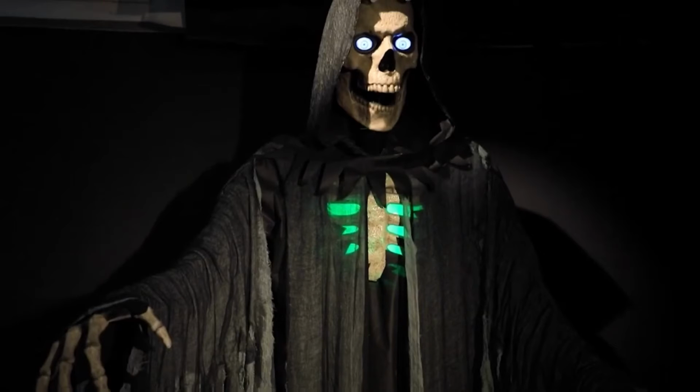So the next one is the Soothsayer. For some reason, I like this one. I don't know if it's the eyes or just the general look, but I find this a pretty good witch prop, which is strange because I don't usually like witches. So, that's really cool. The only complaint I have, though, is that the crystal ball just looks super plasticky